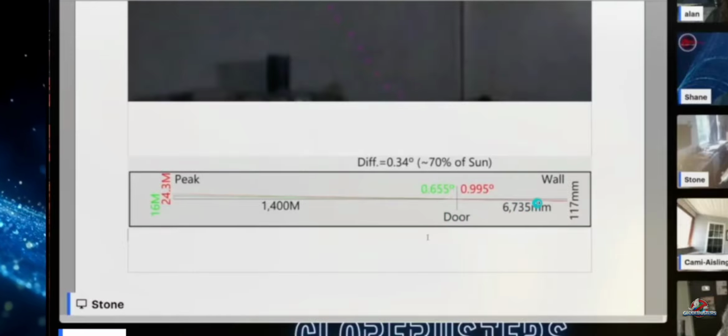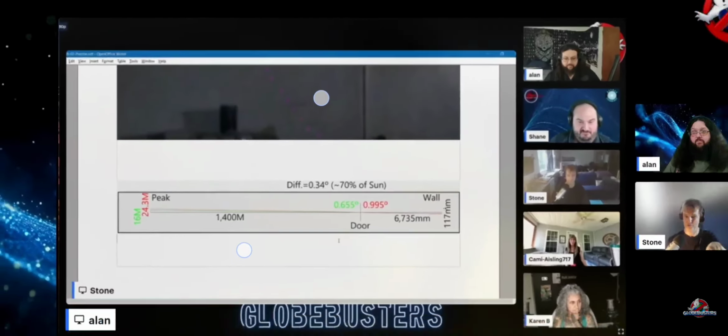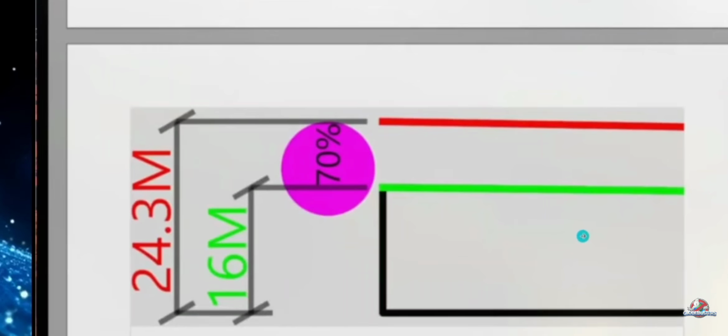We wouldn't have measured that 117 on the far right. It would have just kept on going. It would have been eclipsed. It would have been occulted. You know what I mean? Out here where the 16 and the 24 are, where that peak is, that peak should have caused the shadow to go right up, blast past the whole window, and turn it all off.